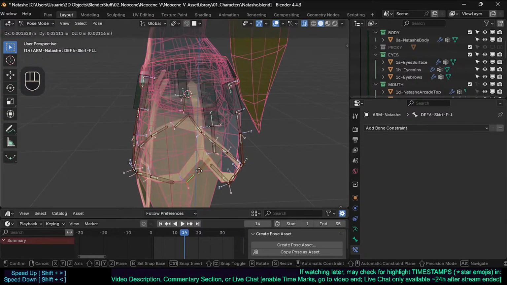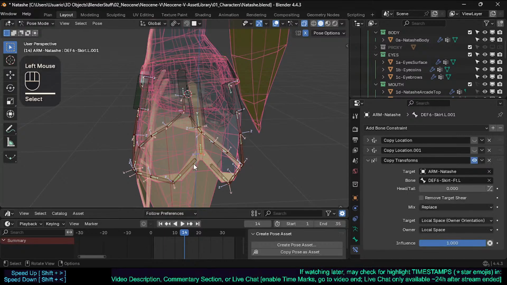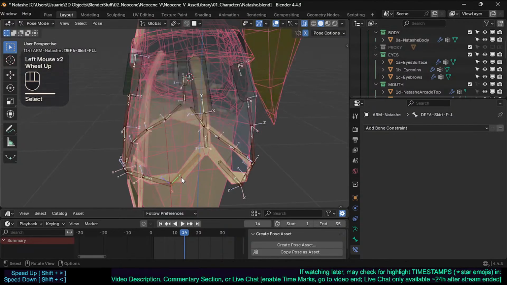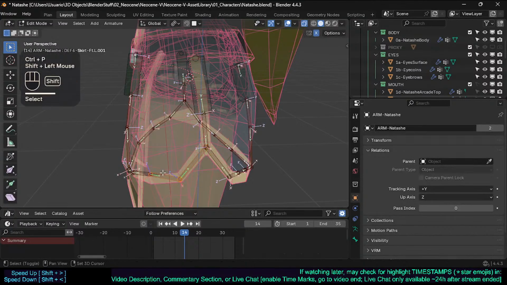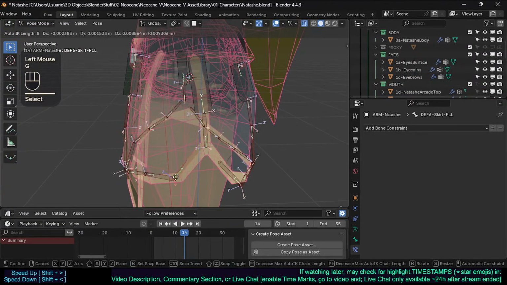Yes. Oh yes, I got it. I got the idea. What's happened is because since it's not parented, it doesn't really recognize, this is crazy. It's because with the parented connected, or because of the AutoIK